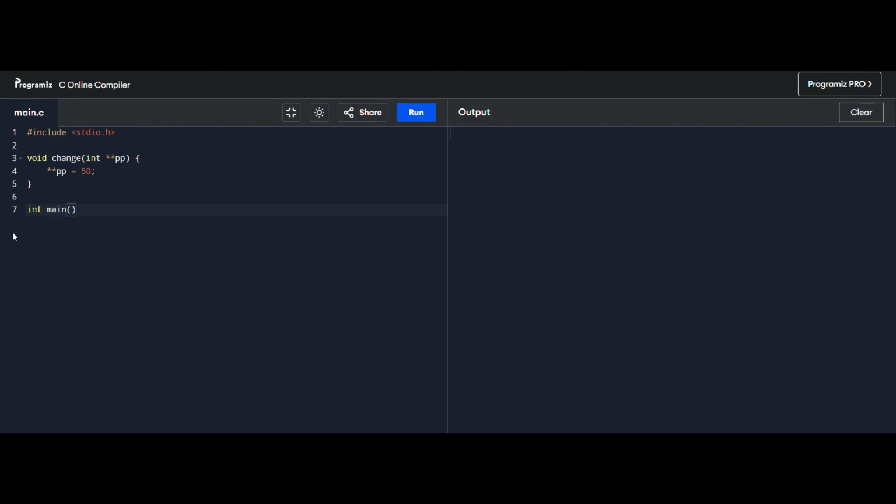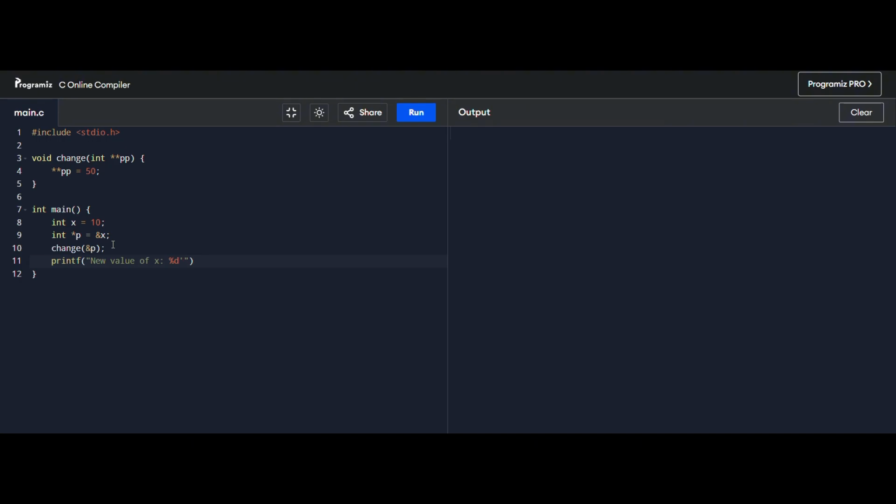When the program prints the value of x, it directly shows 10. Using *p also shows 10 because it accesses the value through the pointer, and using **pp still shows 10 because it passes through the double pointer to reach the same variable. This clearly proves that even through different levels of pointers, they all access the same value stored in memory.